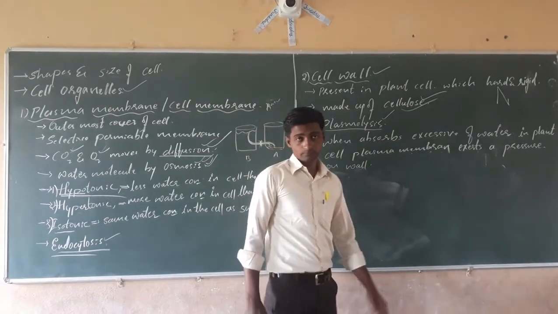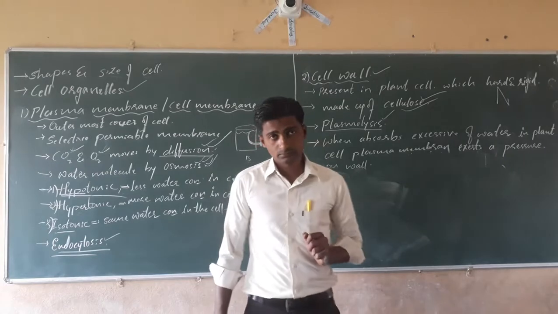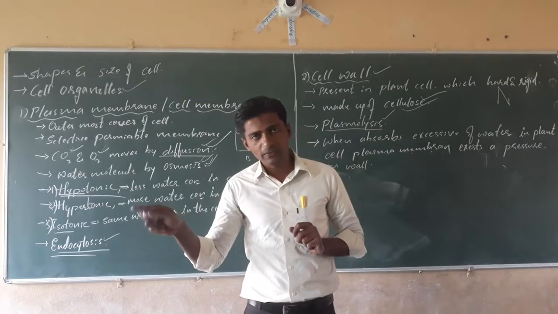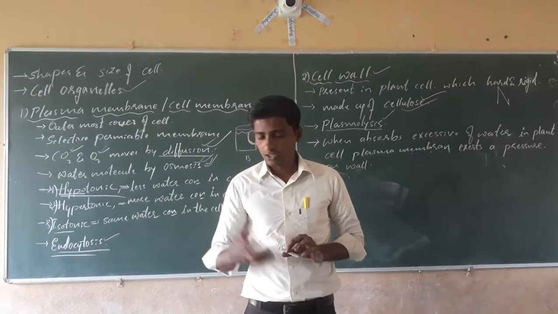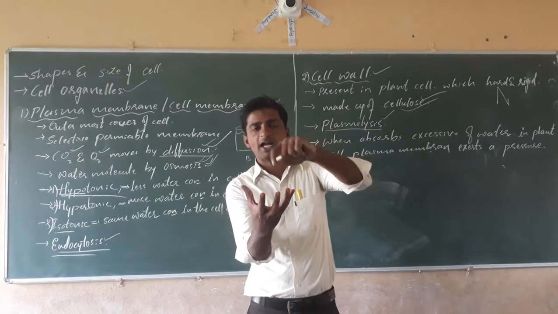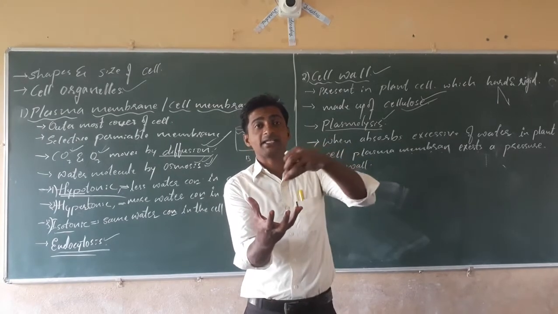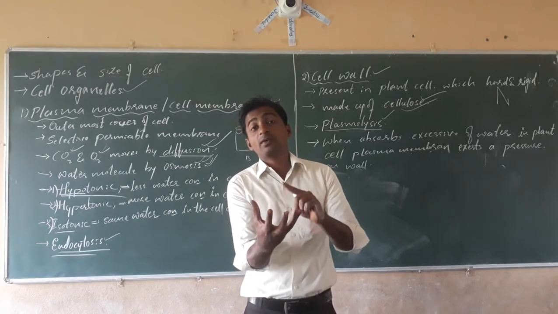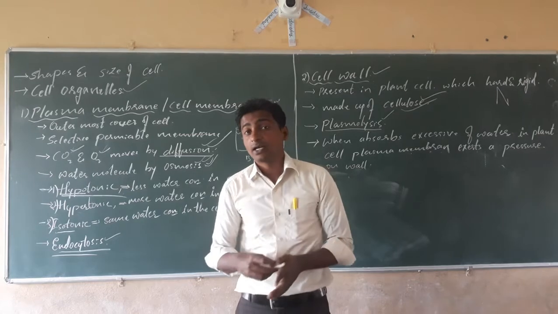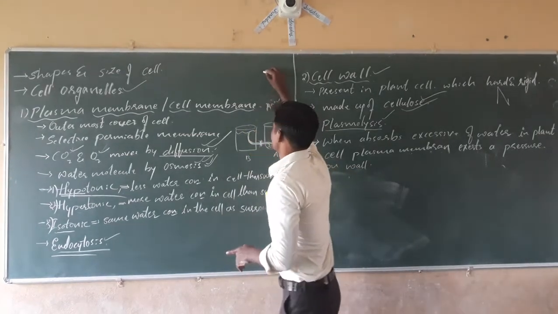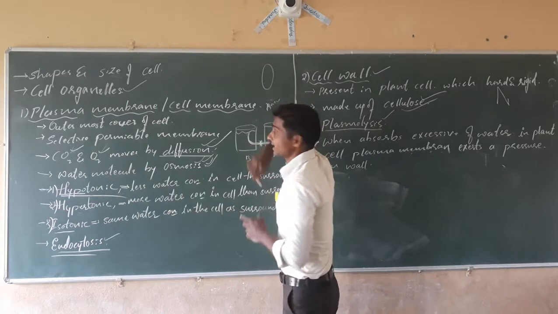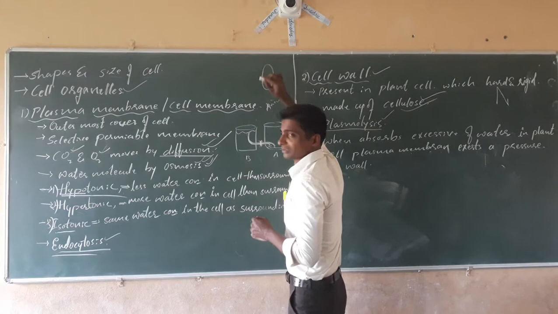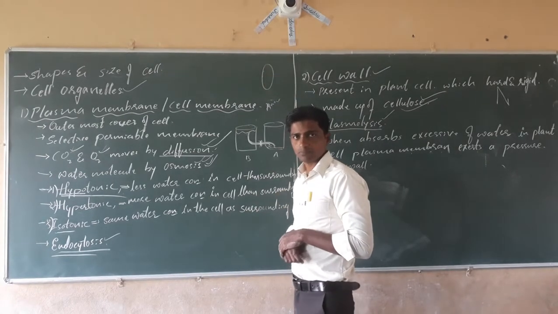What activity? Take an egg. Take a beaker. Fill it with dilute hydrochloric acid. We have to take a beaker and fill hydrochloric acid, and put an egg in for a few minutes. What happens? Outside the egg, suppose this one is an egg, a hard cover is present. The cover of the egg that we can see.